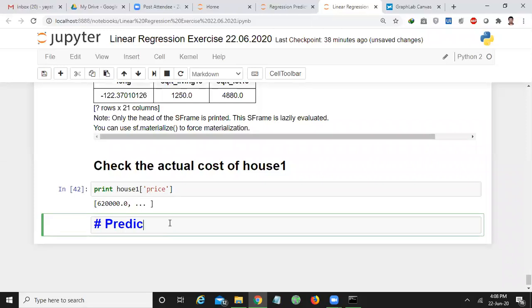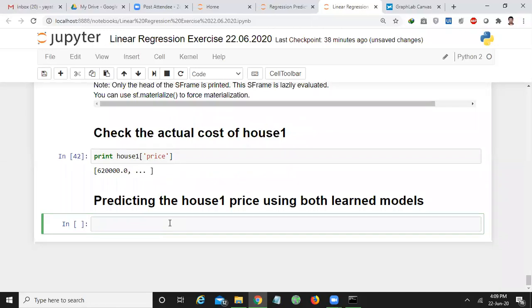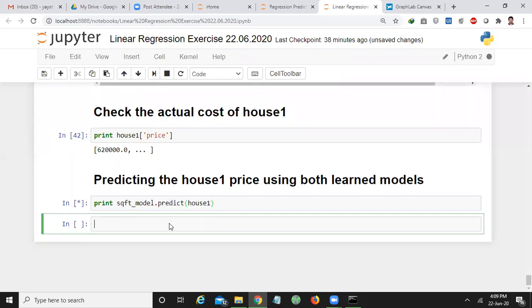First, let me use the SQFT model: SQFT underscore model dot predict of house 1.